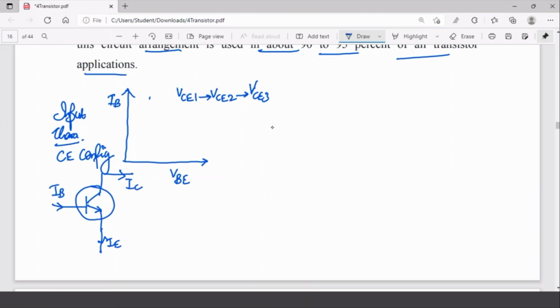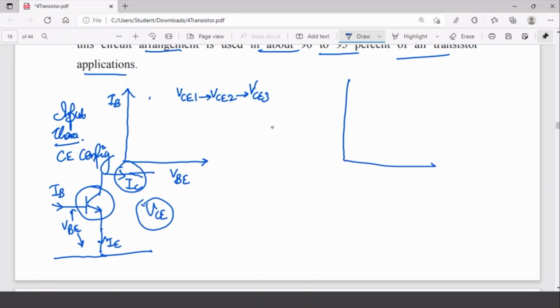So between the currents and the voltage VBE, that is IB versus VBE, this characteristic for a given value of the voltage VCE, whatever variation happens, is known as the input characteristics, right? And how will the output characteristics be? The output is the output current here, and the output voltage is VCE. This is the output side, isn't it? So it will be nothing but the variation of the collector current with the collector to emitter voltage.